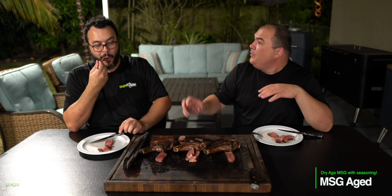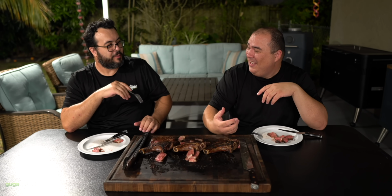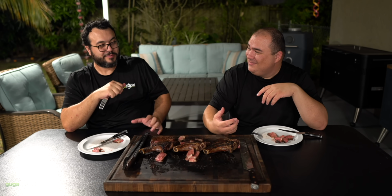It is not salty, which you might be thinking why. I gotta tell you why. If anything, I would put just a little bit more salt. And even more salt. I like it salty. This one I dry aged with MSG. What the heck? With MSG. Some bites, I get it. They don't feel any different at all. Sometimes I bite it, and it's like,